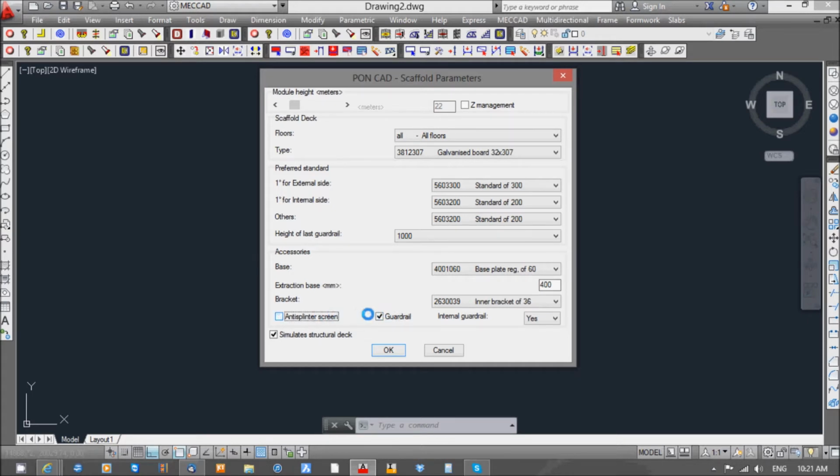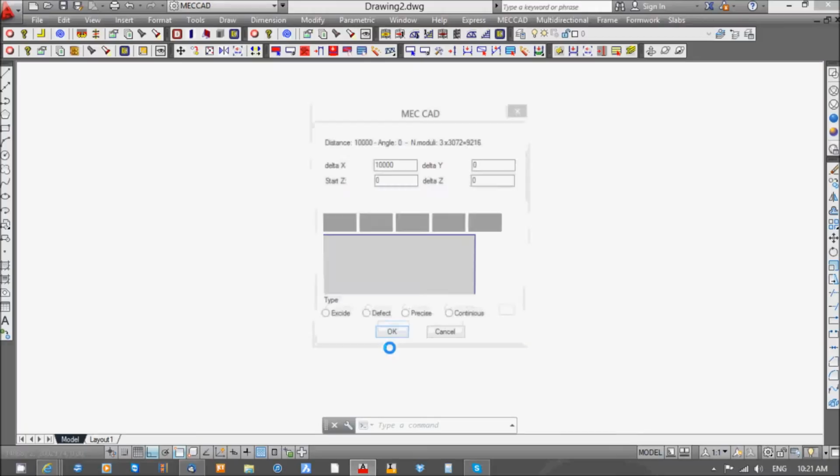This box needs to be checked if we want to have the automatic insertion. If the box of the guardrail is unchecked, the solution will be the double ledger. If it's checked, then it will be a little guardrail frame. We can also insert the internal guardrail for security reasons. Structural deck has to be checked if this project will be imported afterwards in a structural